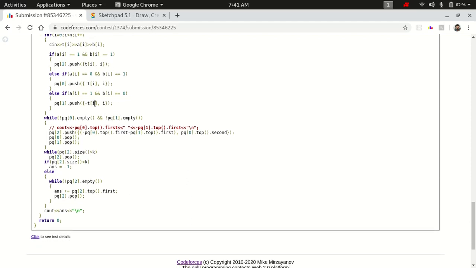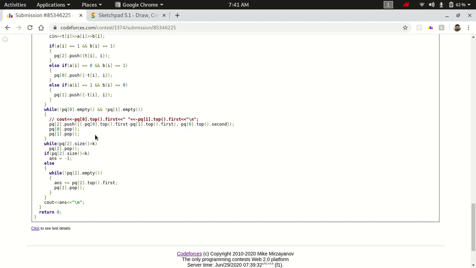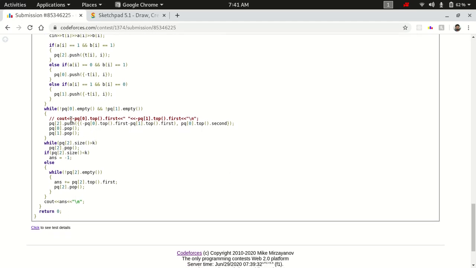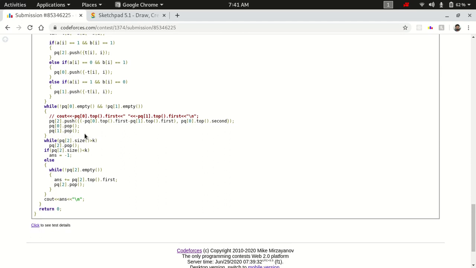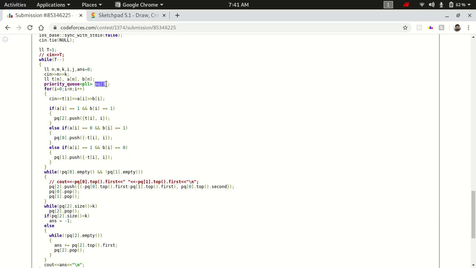Now I have to take pairs from P0 and P1, as I said, such that their sum is minimum. So while both of them contain at least 1 point, as you know, a priority queue in C++ by default stores the maximum value at the top.